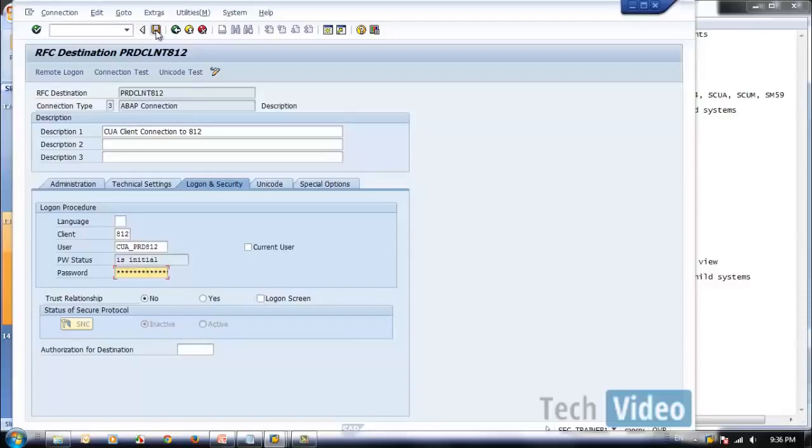Okay, I put the password. Now save. Okay, let me test this also.